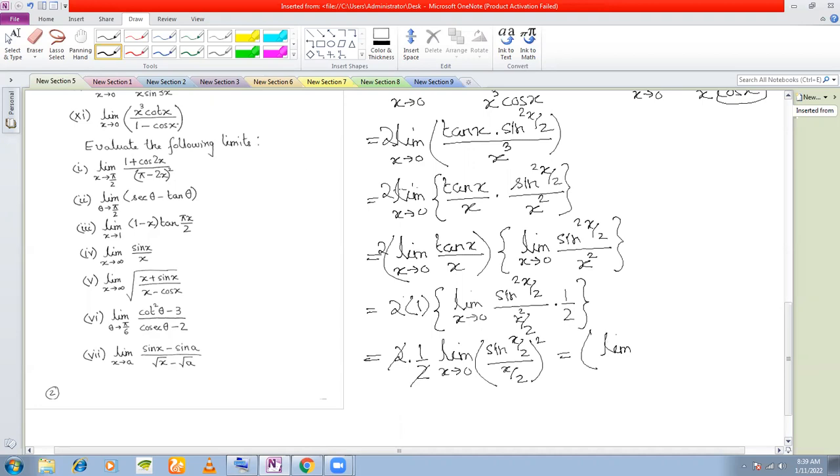Sir, it is whole square. That's why we have this, it should be 4. Yes, sir. Okay. So when we are taking this out here, it should be 4. This will cancel with 2. Okay. So you're left with half. And now if I want to insert this limit inside the bracket, okay. So this is half into 1 square, which is equal to half. And that's your answer.